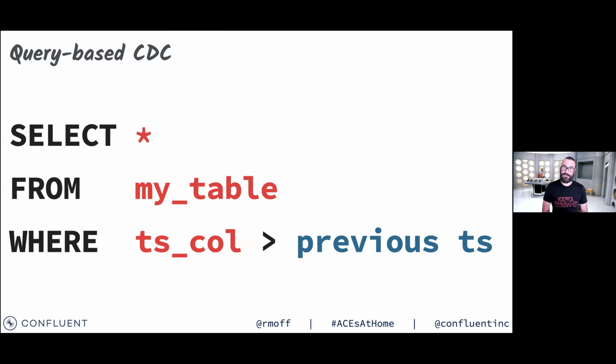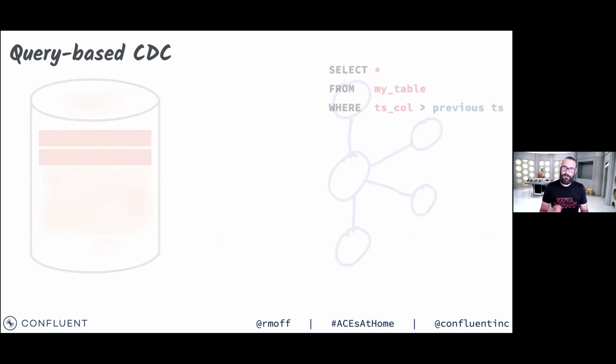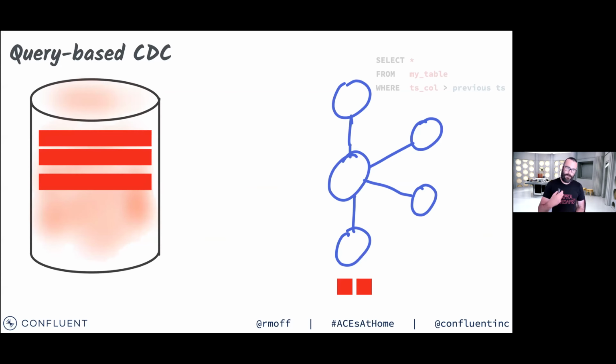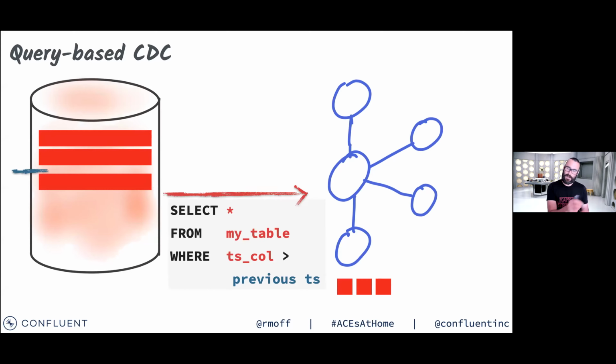And the way this works is you go to the database and you simply poll it to say, are there any new records based on this given predicate? So you can base it on timestamp, you can base it on an incrementing column that's going up each time, and you simply go to the database every half a second or every hour or whatever interval you want to configure. And it says, okay, here is my database. I'm going to poll it and I'm going to say, select everything from here where the timestamp column's greater than what it was last time. So the initial one's going to pull all of the stuff through. And then we pull it again later on. So we pull across changes to the database based on just polling the database.